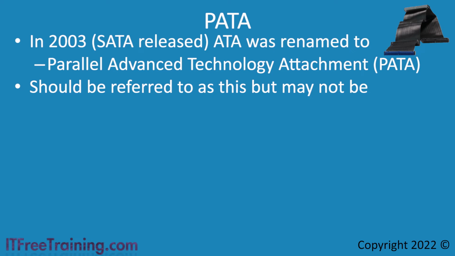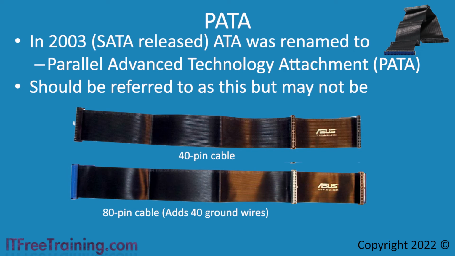The most noticeable similarity is that they all use a 40 or 80 wire ribbon cable. Both cables have 40 pins. The difference is that the 80 wire cable has an extra ground wire for each data wire, making 80 wires in total. Having a ground wire for each wire in the cable allows the cable to send more data at a higher speed. The top cable shown has 40 wires, and the bottom cable 80 wires. You can see that it is difficult to tell which is which.